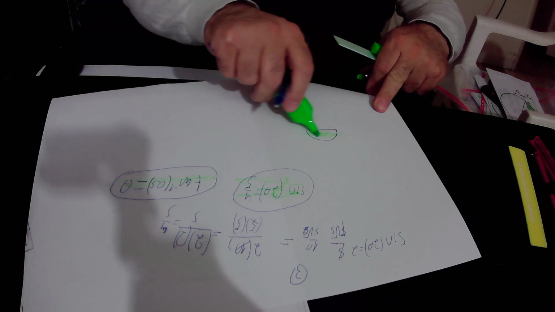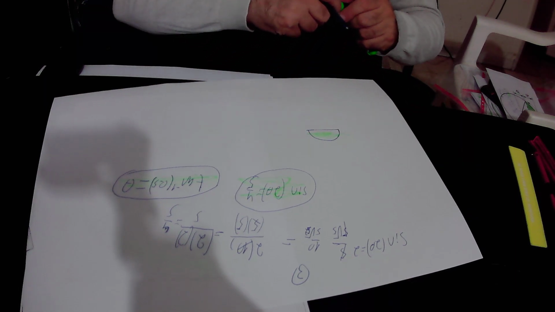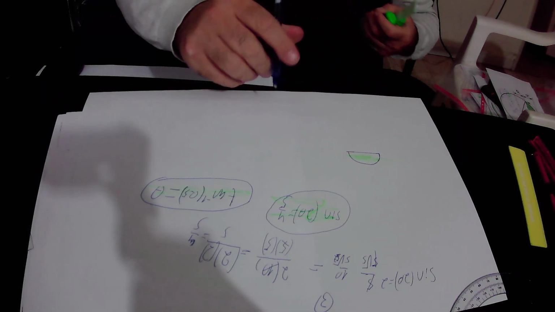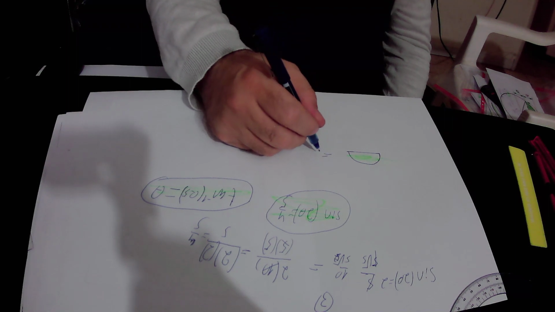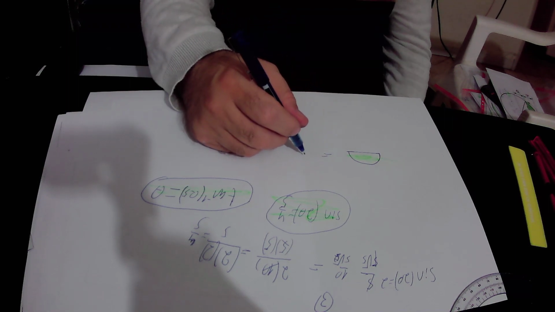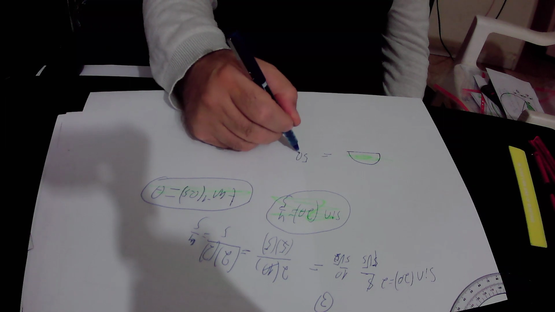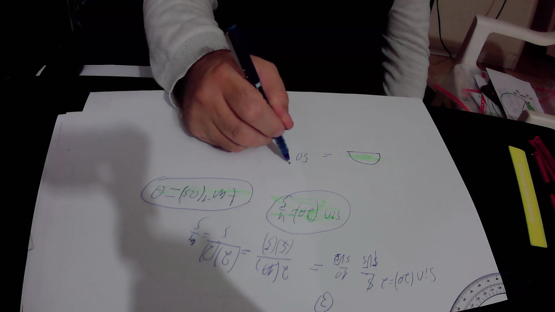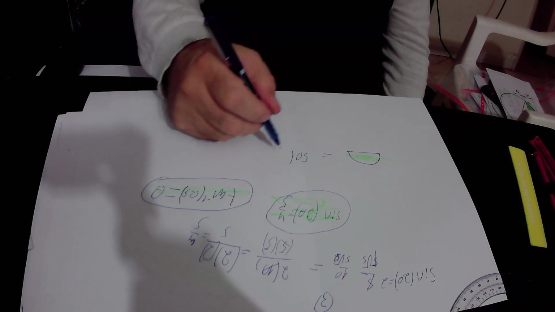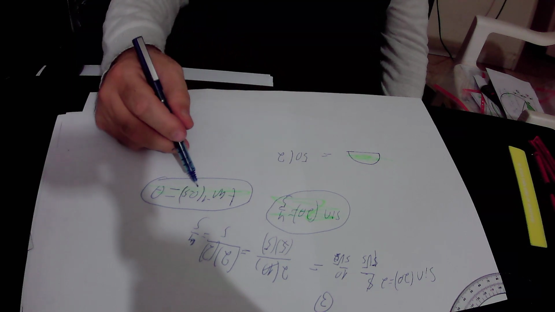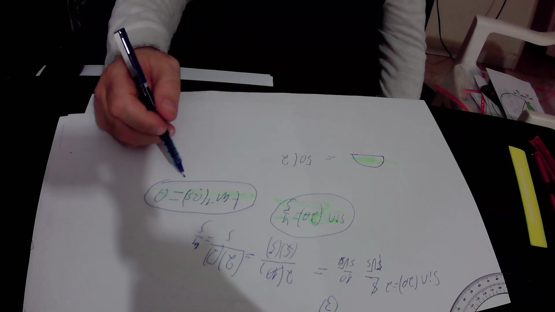We found out that the area equals 10 squared, that is 100 over 2 is 50, times 2 theta, times 2, and according to this equation, theta equals